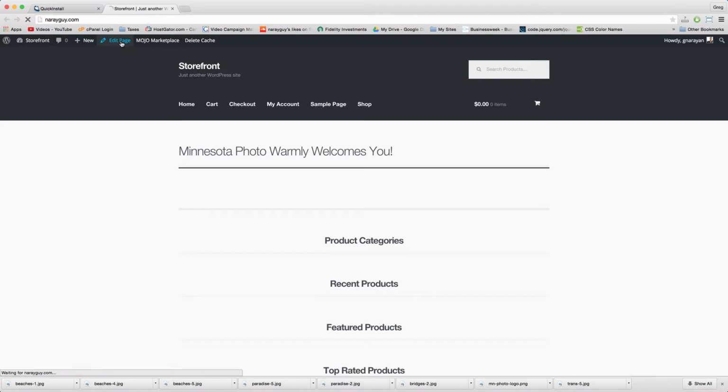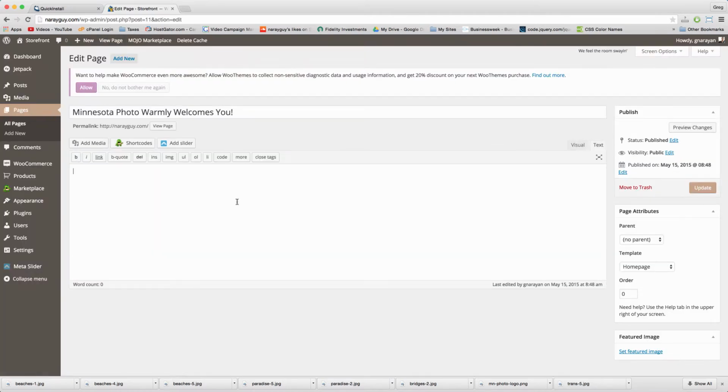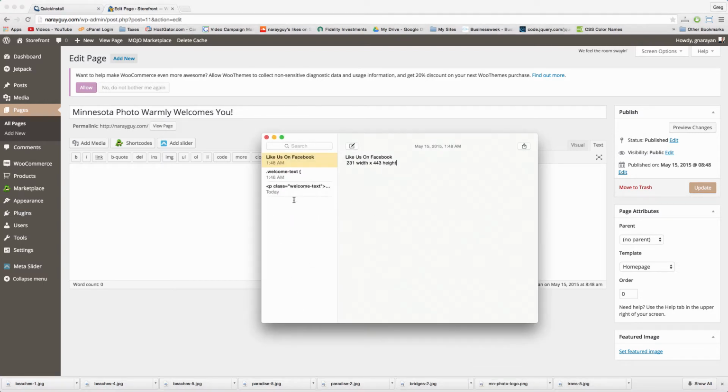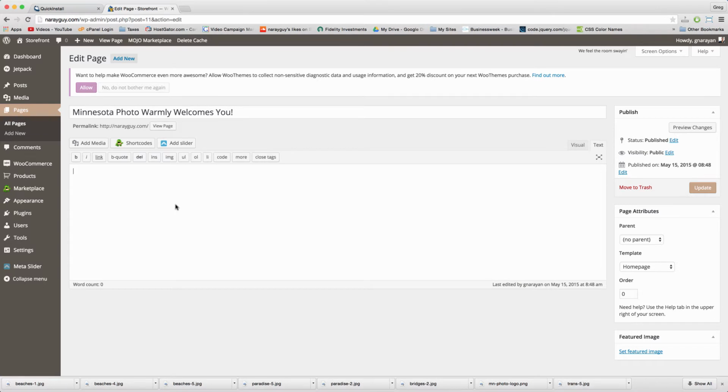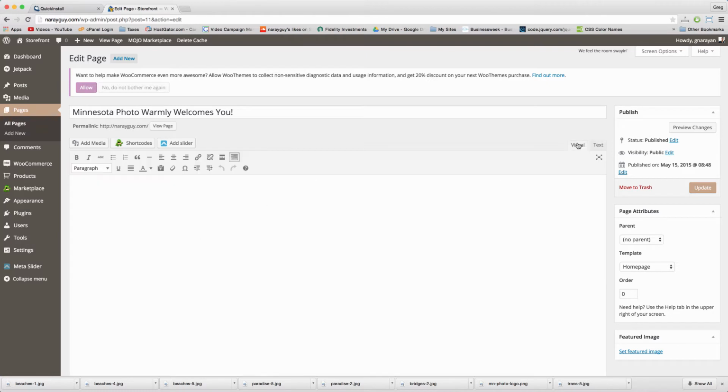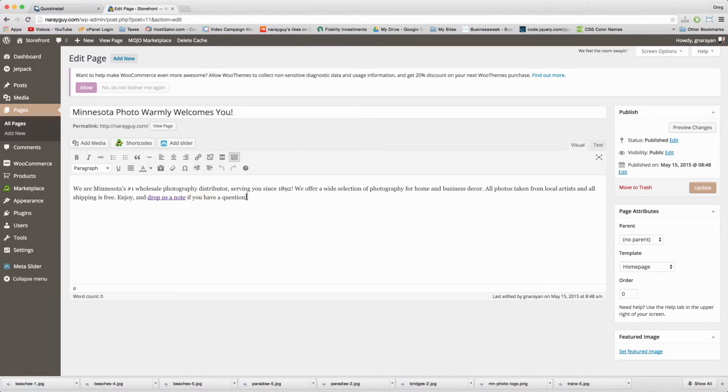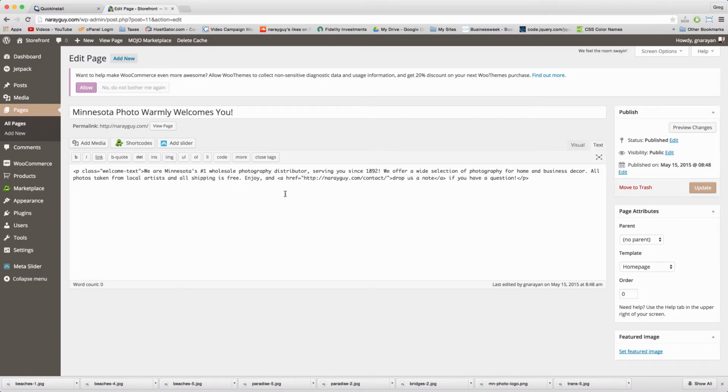Let's now click Edit Page and put in some text. Copy the text I made for the video. Paste. The Visual tab will show us the Microsoft Word version of what's going on, and the Text tab will show us the plain code, also known as the HTML. But we don't need to mess with this right now. Click Update